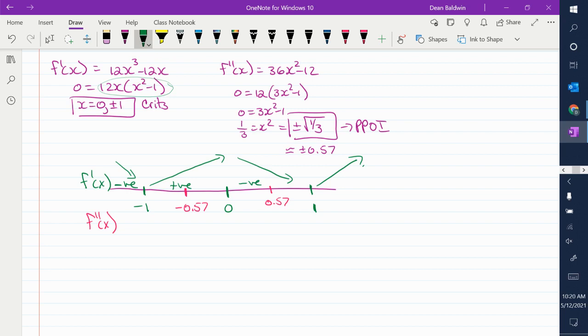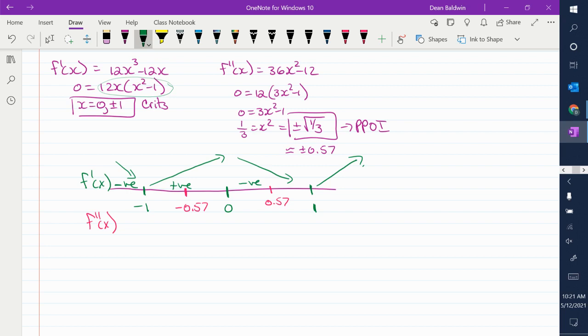Yes, I know I said that they don't always alternate, and then I give you every question that alternates. But they don't, and we're going to do one next where it doesn't alternate. Polynomials tend to alternate, though. Nice simple polynomials like this tend to alternate. Anyway,